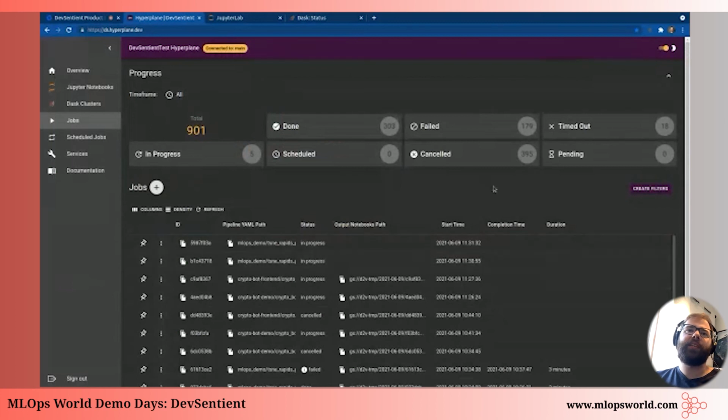Now they're both in progress, and when they finish for whatever reason, whether it be completed successfully or failed, you'll see an output notebooks path, and we'll be able to pull down that folder and see what exactly happened in the output notebook. So that's going to run. It's probably going to take one or two minutes or so. I'm actually going to go